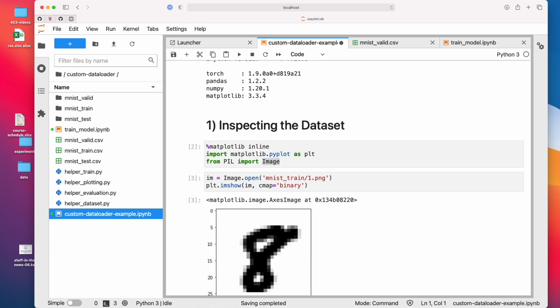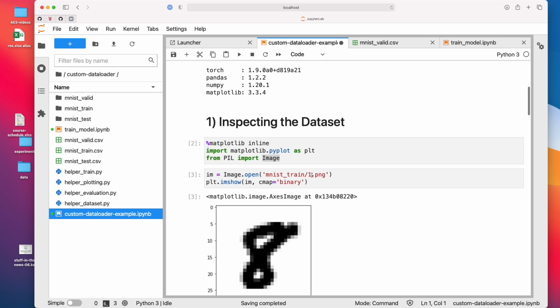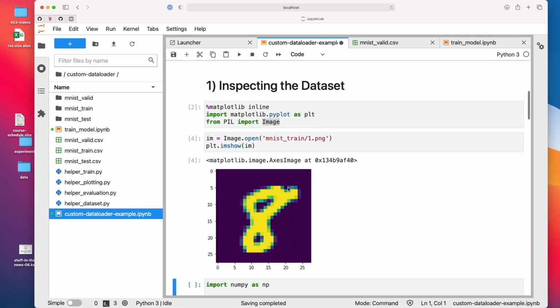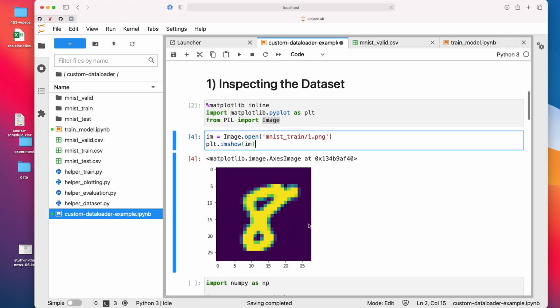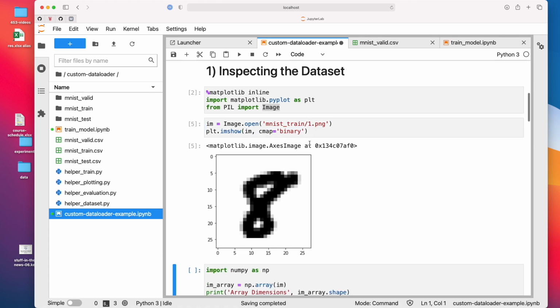Here I'm just looking at the image. I'm loading one data point, or one image, from this MNIST train folder. Why cmap binary? Because the color map by default is the Viridis color map, which is useful for heat maps, but here it looks a bit goofy if we have these colors for MNIST, so we use just this version.